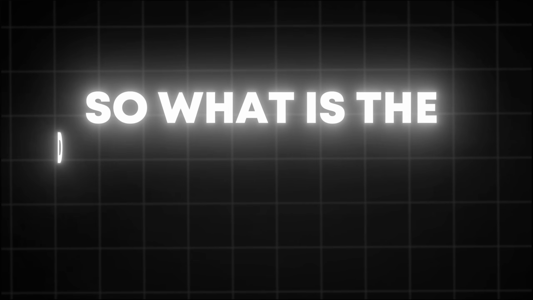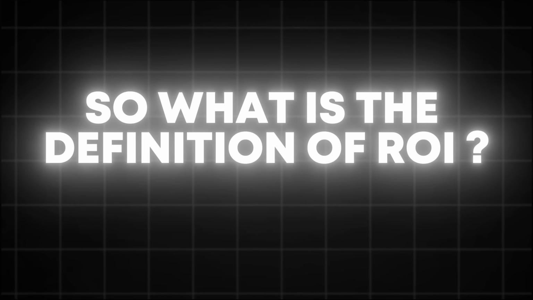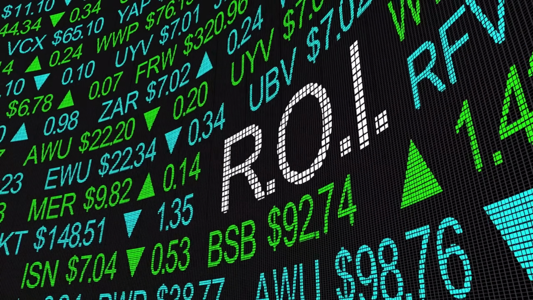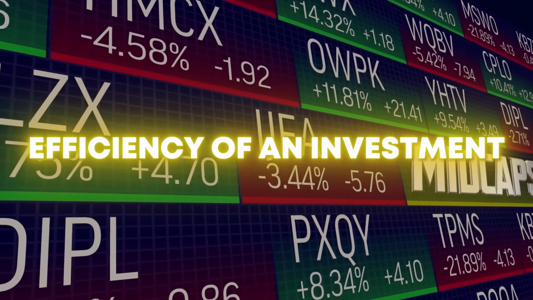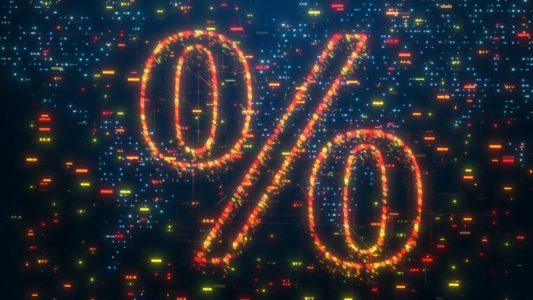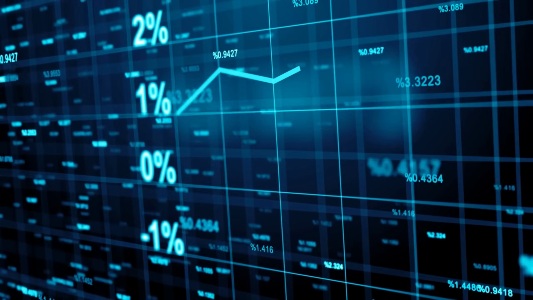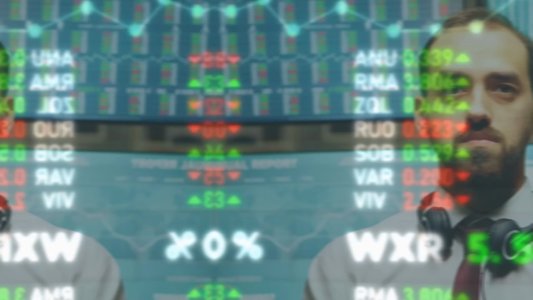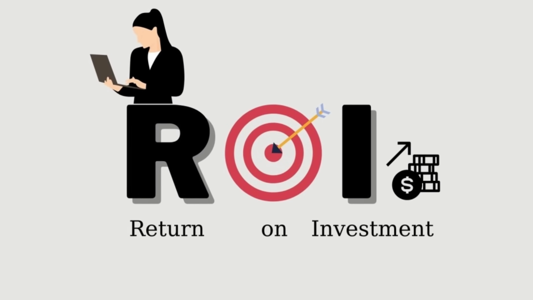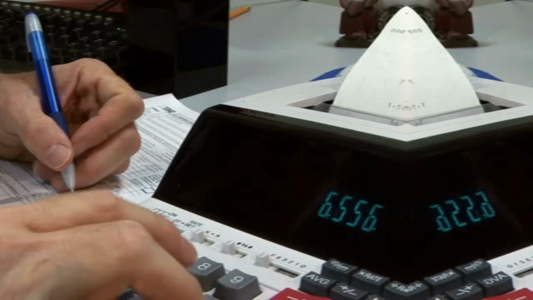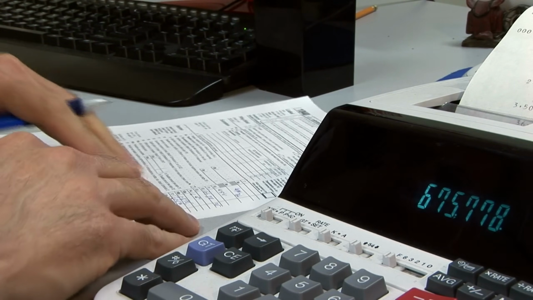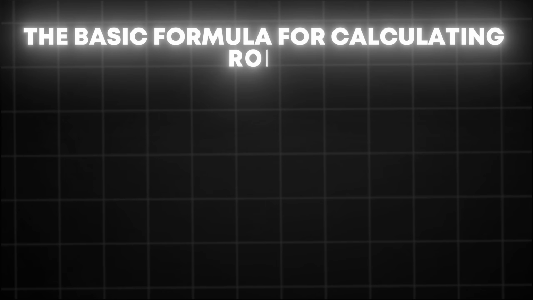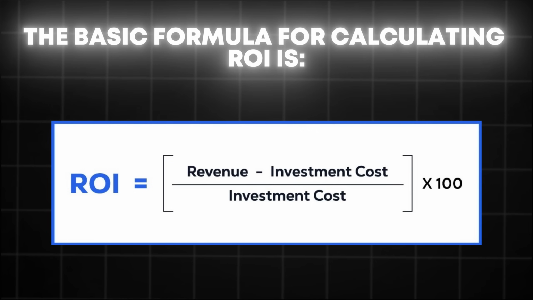So what is the definition of ROI? ROI is a financial metric that measures the profitability or efficiency of an investment. It is expressed as a percentage and shows the return or gain relative to the cost of the investment. In simple terms, ROI answers the question, how much profit or loss did I make for every dollar invested? The basic formula for calculating ROI is